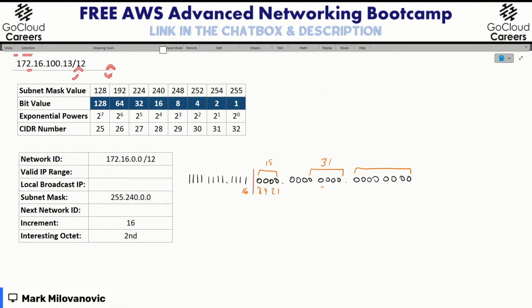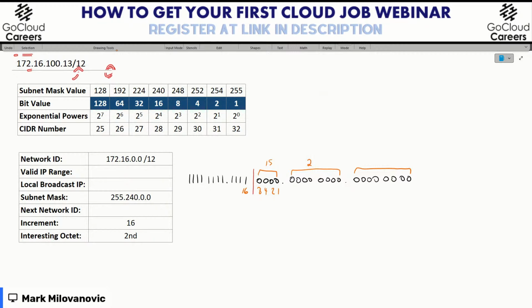So let me remove this because this would not be accurate right now for this example. Okay. So if we turned on now the following bits, we would get 255. And if we turned on the remaining bits over here, we would also get 255. I'm not going to write the ones underneath it just for brevity, but that's what it is.